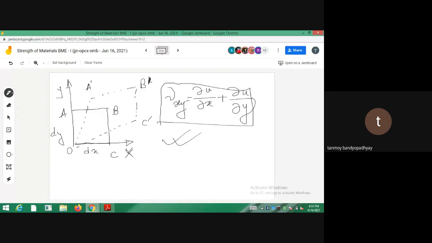After we finish torsion, there will be springs, and there will be BM and SFBM diagrams. Then we will sit with all these things. You have to consider everything from the perspective of partial derivatives. So this one is your assignment. Consult any books, the internet, anything you like, and then do this one.